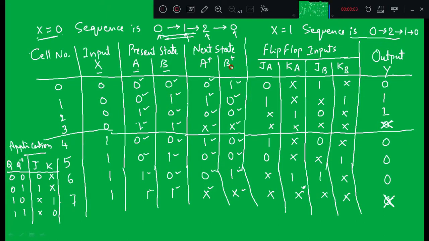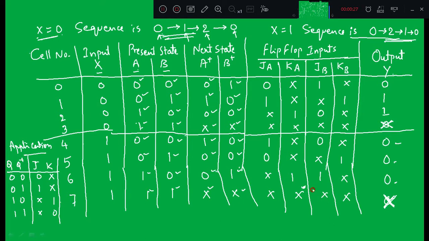So this is what we call the excitation table of the asked problem. In the question he has not talked about the 0 to 1 0 sequence, right? What will be the output value when this is the sequence? So you put 0 0 0, and for all the don't cares you put don't care.